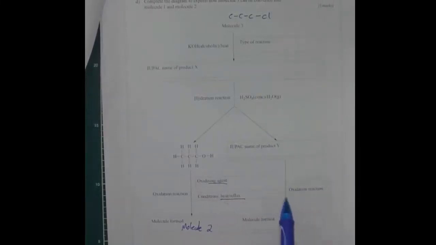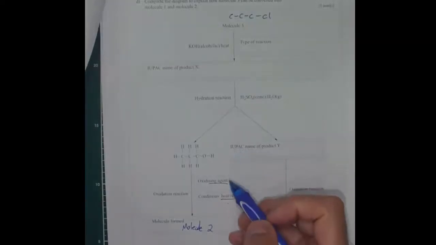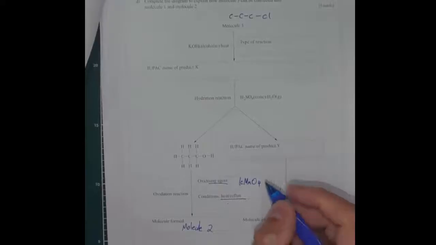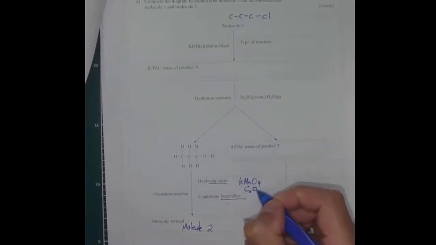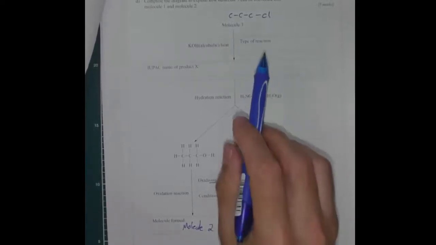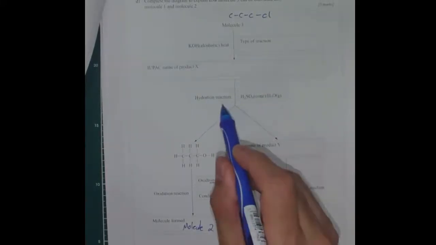And that's also getting oxidized. So oxidizing agent. So you got to fill in the gaps, right? Complete the diagram. So KMnO4 or potassium dichromate, but I'd have to check that out to make sure I didn't screw up the name for that with your data booklet. Okay, so that